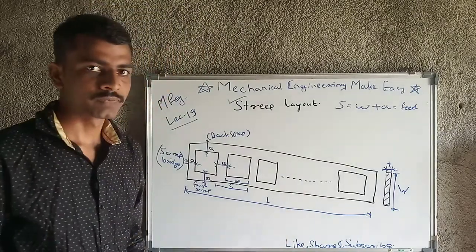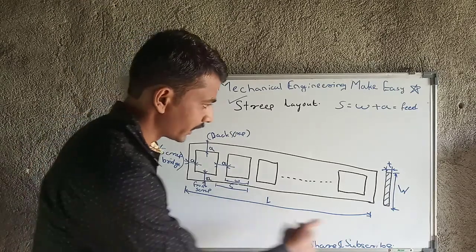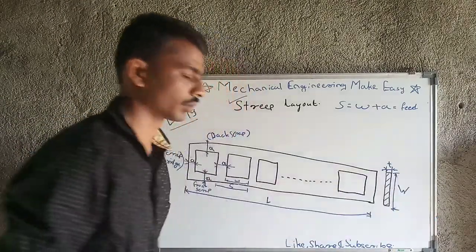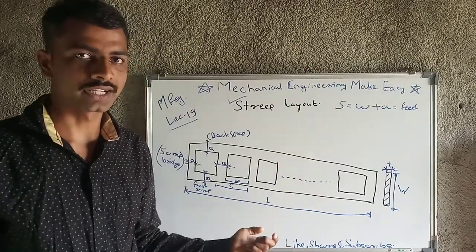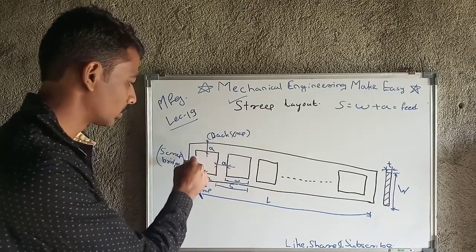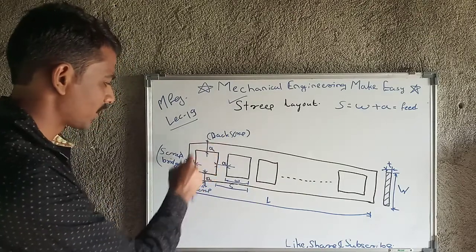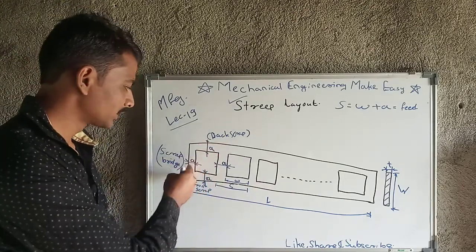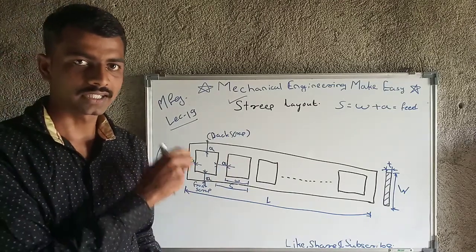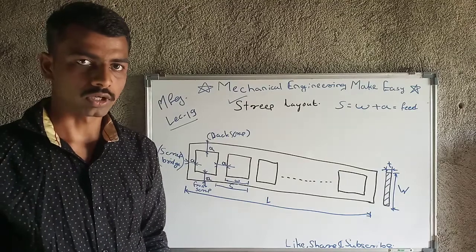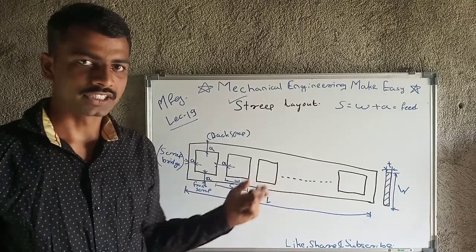What is strip layout? Take into consideration any sheet; that sheet will have some length, some width and some thickness. These three parameters specify the sheet. We have to do sheet metal operations on that sheet. For example, we have to cut that sheet in such a shape. These shapes are useful, and the margins are not useful. So there is one sheet, and from that sheet we are cutting some portions that are required for our product or component. Firstly, we will not directly cut the shapes we need.